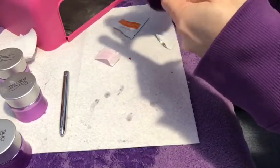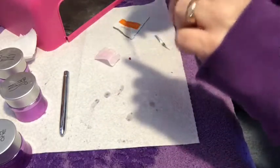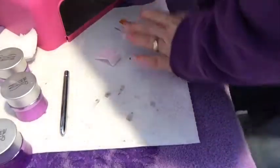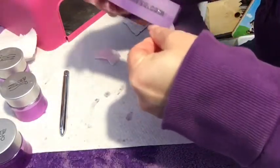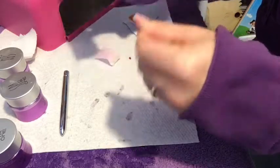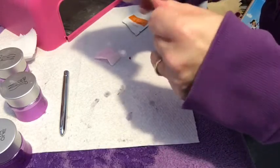I don't know what I'm going to do today. Maybe I'll do a flower. Yeah, that might be nice. So yeah, anything that you feel is a blemish, just give it a buff off. Because like I said, we are going to do these again with nail polish and